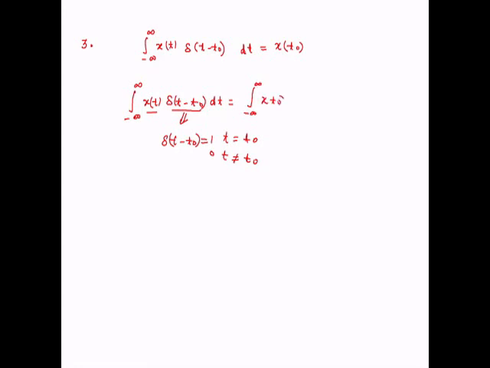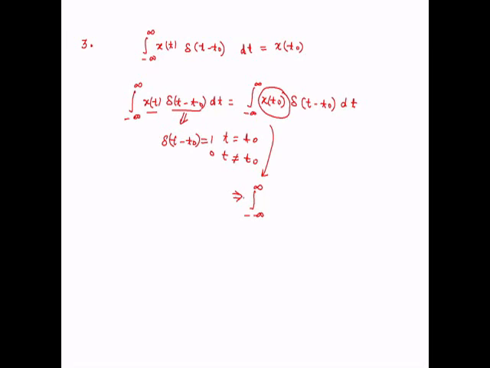So we can write x(t naught) delta(t minus t naught) dt. Now this function x(t naught) is a constant term, so we can write the integration from minus infinity to infinity,